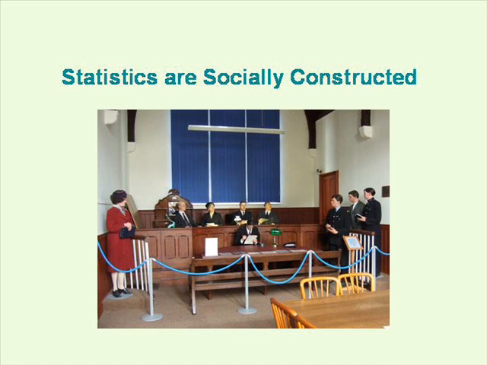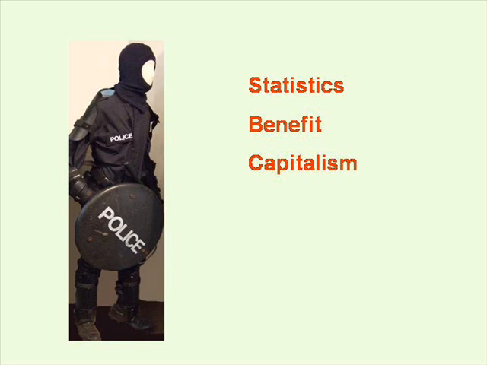Because crime statistics are the result of a series of social processes, they are believed by interpretive sociologists to be socially constructed. That is, they do not reflect any objective reality. Interpretive sociologists believe that sociology should try to understand the social meanings given to events such as crimes. On the other hand, Marxists believe that official statistics are part of ruling class ideology, a tool to benefit the capitalist classes and keep them in power. Thus, data which supports capitalism is collected and published, and data which would reveal exploitation and oppression is either not collected or is not published.